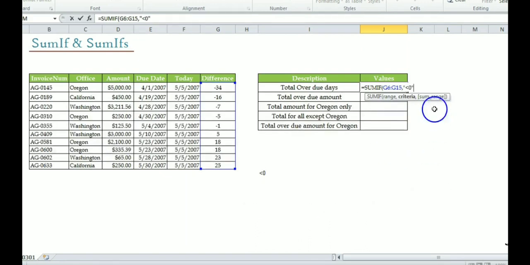Now sum range. What is sum range? The range from where we want the ultimate sum. So as per the question, we need the sum of all the days, all the overdue days. So days are again in column G. So sum range will be again column G. I know it sounds confusing that your range is equal to sum range, because somehow it's a coincidence in this question. So whenever your range is equal to your sum range, in that case you can leave sum range because it's an optional argument. What I mean by that is, if I just close the bracket here